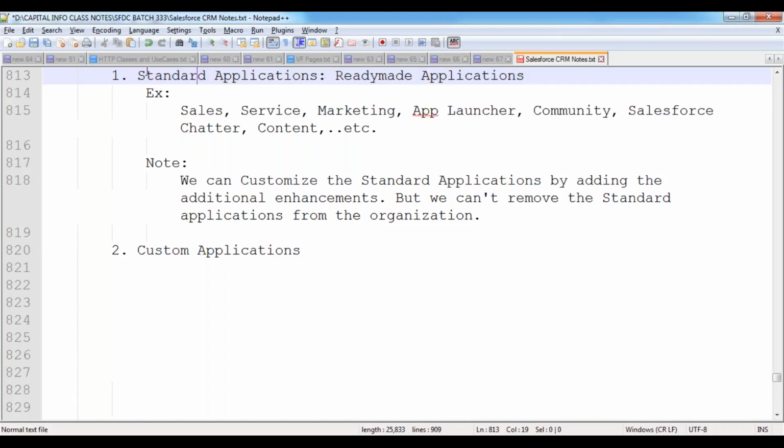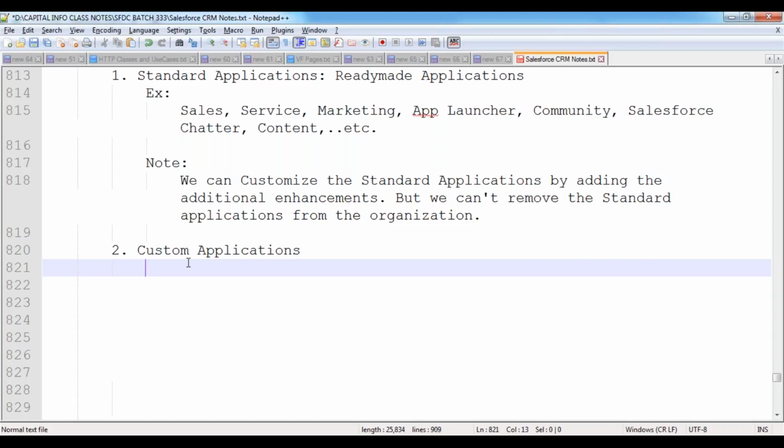So the standard applications given by Salesforce, if these are not suitable or not sufficient for your business, if you want some more, then you can develop your own custom applications also. What kind of applications?